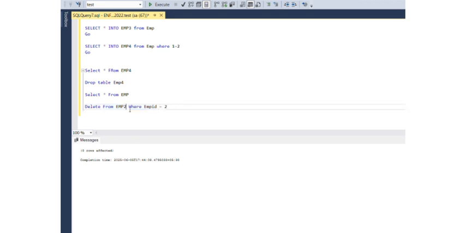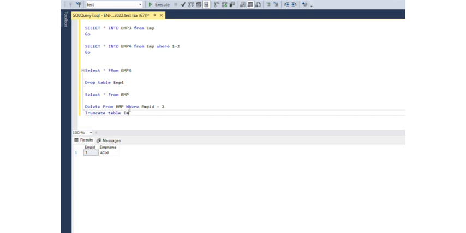So we should see the employee table. Okay, employee, it's been deleted, so it will delete. If you use truncate table emp, this will delete all the records from the table. Okay, you can see this. Drop is used to delete the entire table from the